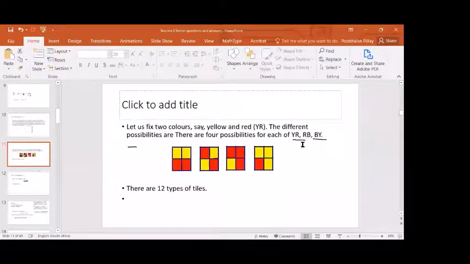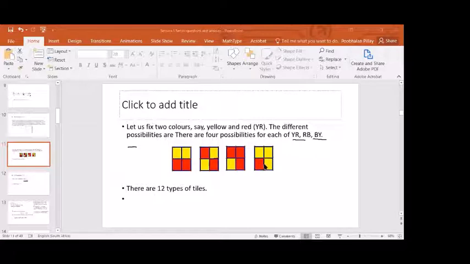Okay, so you can see these pictures here that I've drawn, and I was trying to work out all the possibilities. What I did was I said, okay, let's just choose yellow and red. We'll ignore the blue for the time being. Let's choose yellow and red. So we have 2 colors, and in these cases,